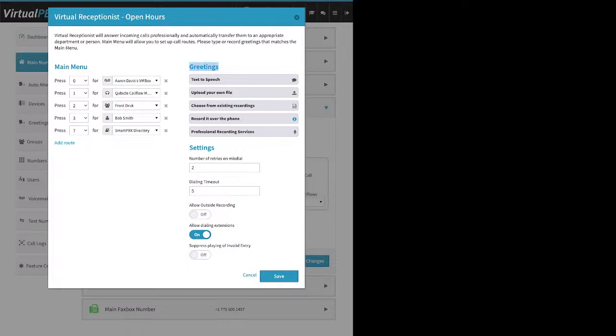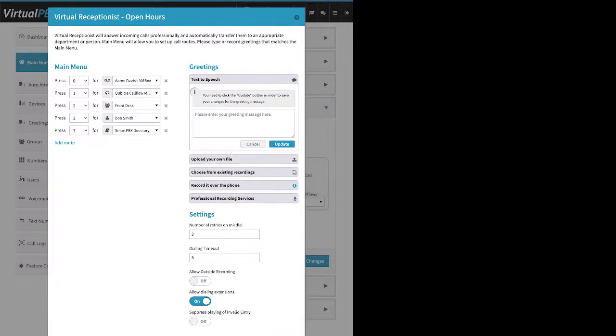Over here on the right, you've got your greeting options. Text to speech, you type in a greeting, you click update, save, and save changes. Now, the text to speech greeting is limited to 250 characters, not words. Does not count spaces. I have had text to speech greetings of over 250 characters, like 300 to 350, but